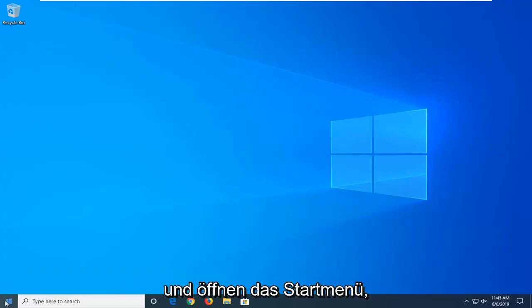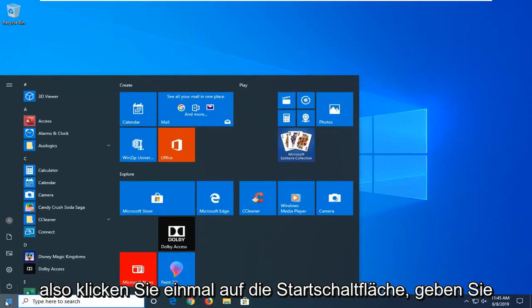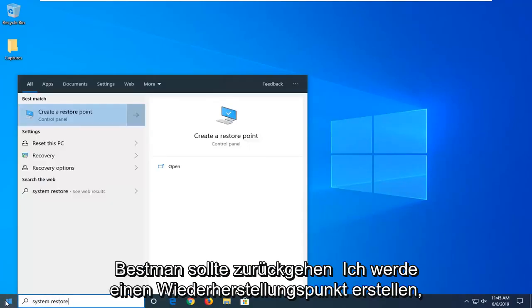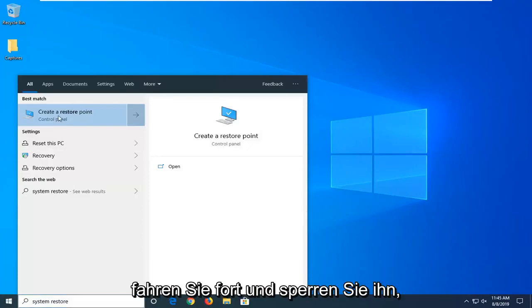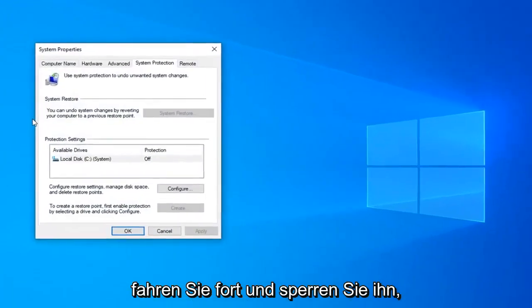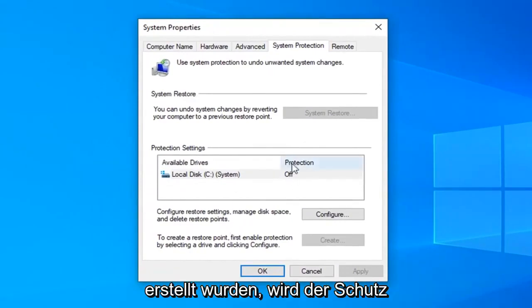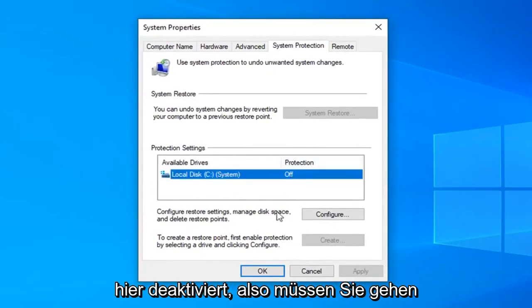start by opening up the start menu. Just left click on the start button one time, type in system restore. Best match should come back with create a restore point. Go ahead and left click on that. If there were no system restore points created already, protection will say off right here, so you're going to have